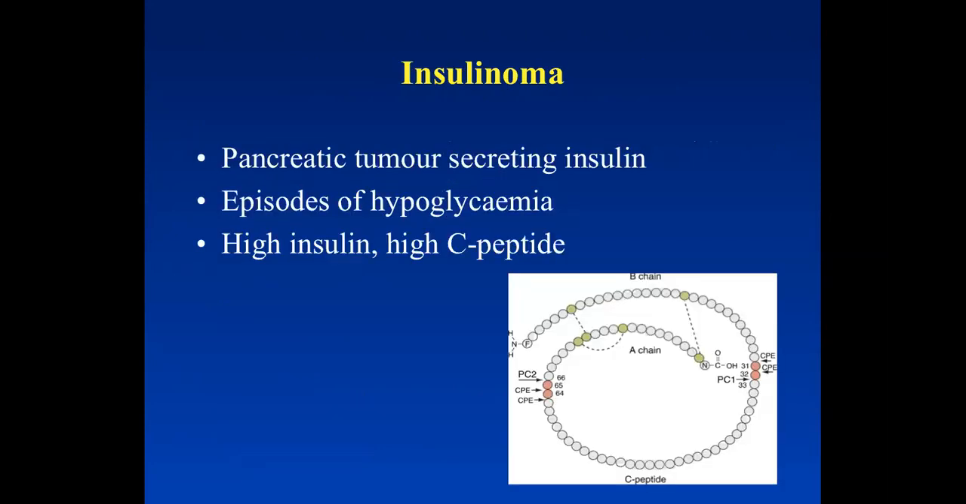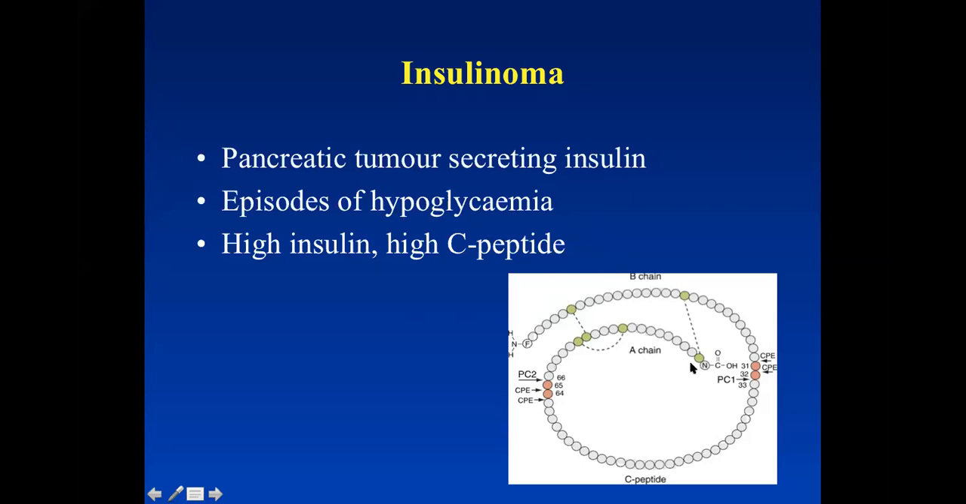Okay, just one slide about insulinoma, because that is a common thing we talk about when we talk about hypoglycemia. This is a pancreatic tumor which occurs in the pancreas and secretes insulin. Okay, so these people present with frequent episodes of hypoglycemia. It's very difficult to identify at the early stages. Okay, now when we test, what we detect is high insulin levels, because it secretes insulin, and high C-peptide levels,